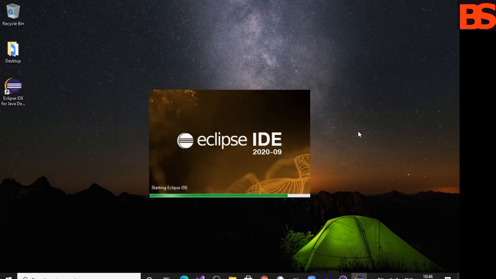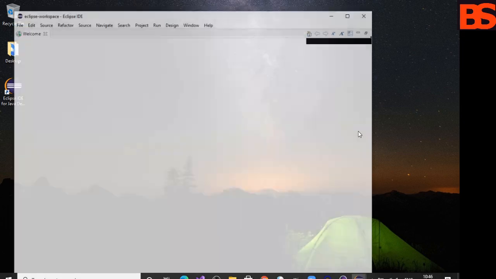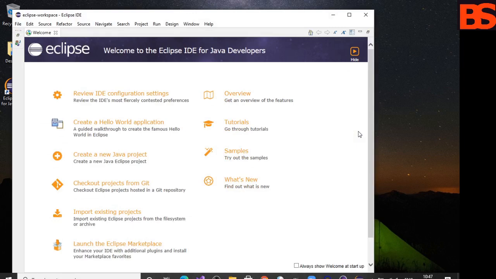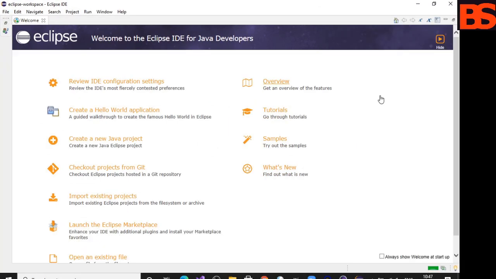Now this Eclipse IDE has been started. This is the first welcome window you will see when you start your Eclipse IDE. So from here you can click on the restore button, which is this small icon on the left hand side.